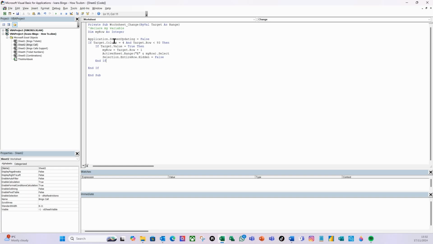And if both these statements, or if it's not column 4 and it's not less than 93, then it won't do this. So I need something to say, if it's row 93, then all I want it to do is just select the same row comments cell. Yeah. So the way I'm going to do that is doing else if